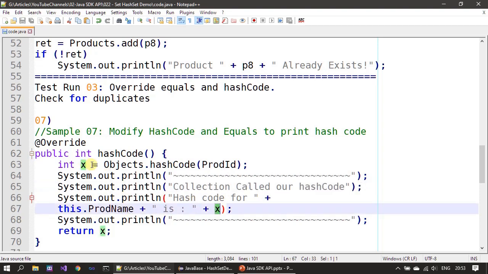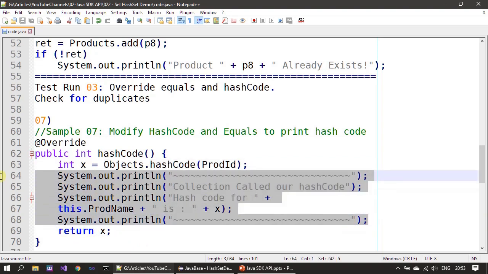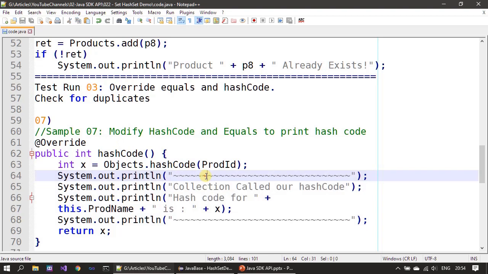So here we are generating the hash code, right? We are printing that hash code also. That's all. So just some System.out.println statements. Here the key statements are generating the hash code and returning it. So that's all. So these are all just for checking purposes so that we can understand better when we are making this test run 3. So you will understand when it will make a call to hash code or those stuff. Alright,